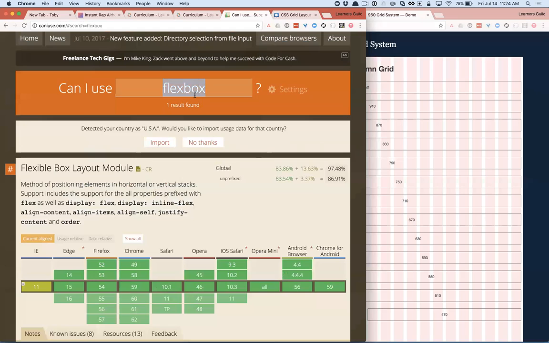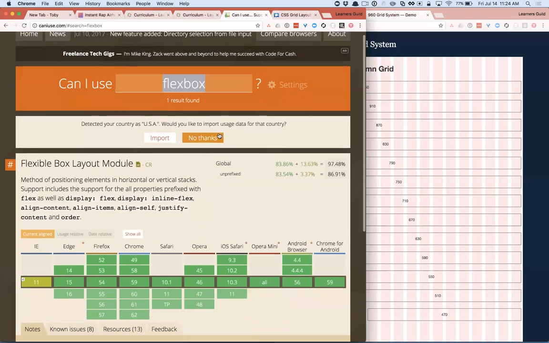So this is really important to keep in mind, because any website that you work on, and any company you work at, if they're not doing this, they really should be aware of what browsers and what browser versions you are aiming to support, because there's a lot of features that didn't exist in older versions, right?